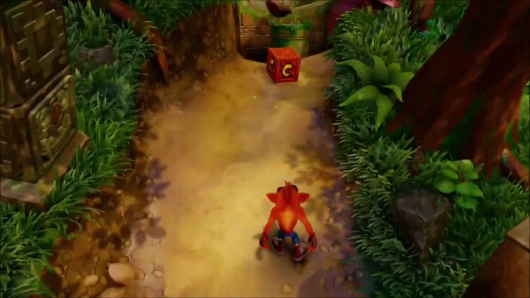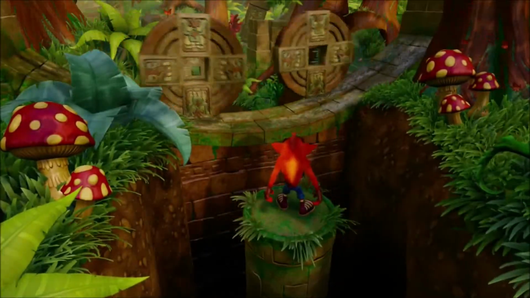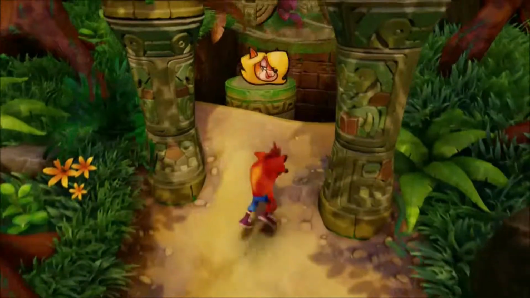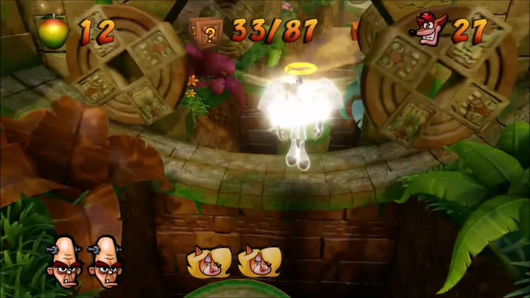Now, Embryo tokens will take you to another secret portion of a level that will let you get more boxes and help you get that gem. Embryo stages are a little bit more complicated than the Tawna ones. And then the third character...